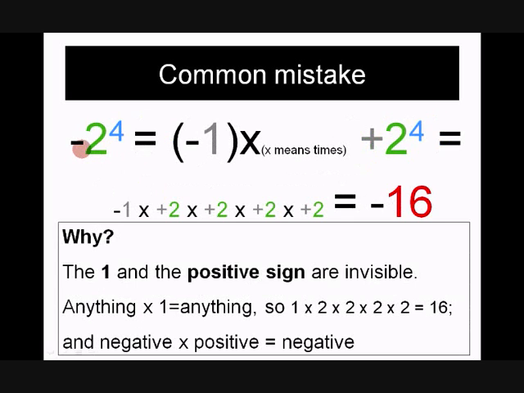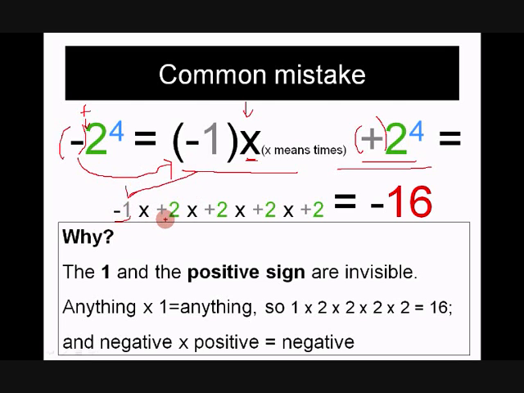Okay, so minus 2 to the power 4 equals, how should we write? First, there is a hidden number: the negative should be written as minus 1 times. We call it into, multiplication, anything, but we call it times. Minus 1 times positive 2. Okay, there is a positive sign here before the 2. So minus 1 times positive 2 to the power 4. That is, this minus 1 gets here, and positive 2.